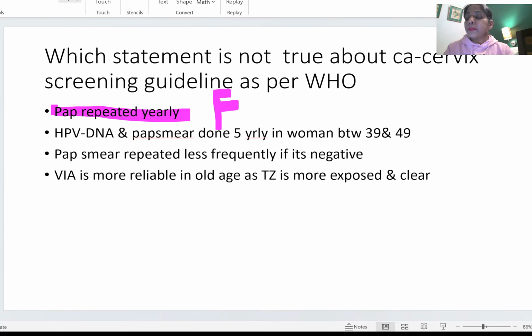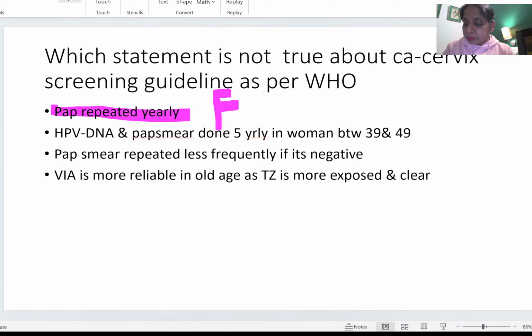If the pap smear report is coming negative, then it is repeated less frequently. Okay, and visual inspection with acetic acid is more reliable in old age as the transformation zone is more exposed and clear. So as the female age progresses,